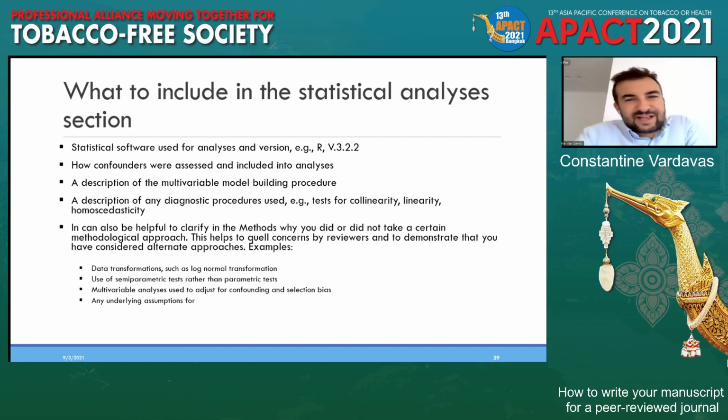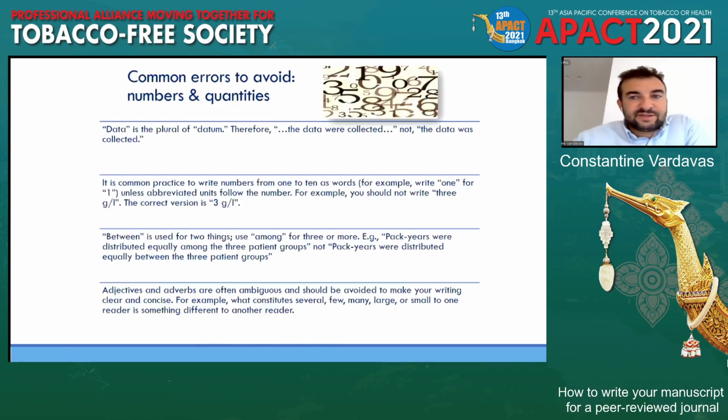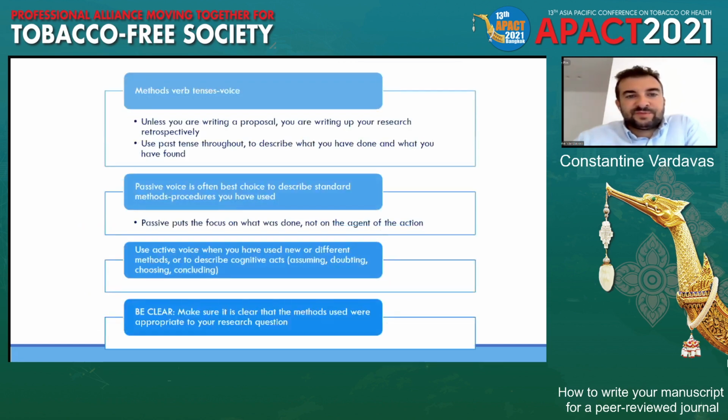There are also other aspects, but again, I don't think they're in the context of today's presentation. I said usually this session is an interactive session with roundtables, but in light of the pandemic, I think it is still informative, even as a monologue at the moment. So, common errors to avoid in the methods. Writing numbers 1 to 10 as words is one. Okay, I think I can skip these because this is more general.